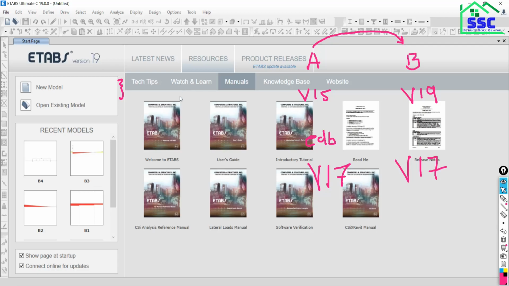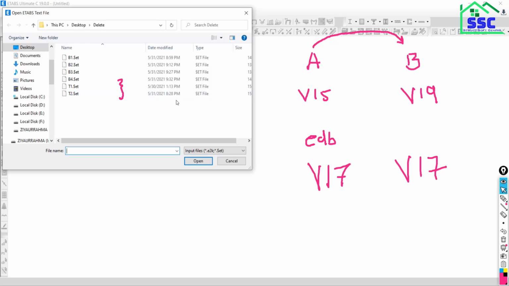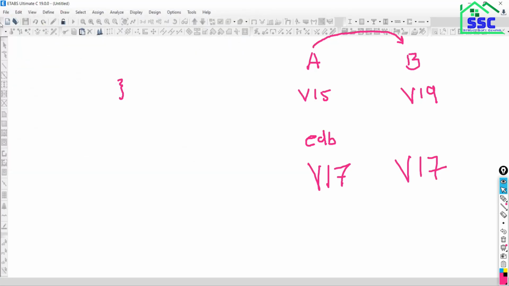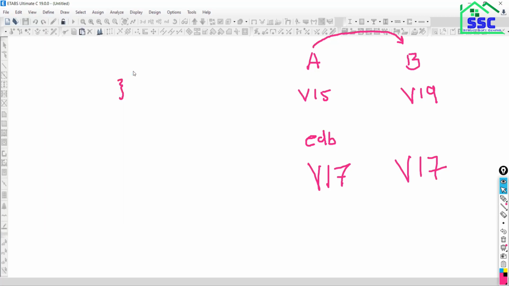Once you click over this option, this will ask about the location of the file. So see, these different models are there. This option is searching only the $et file, because we are actually going to import the file of ETABS software. So again I am repeating, just go to file, go to import, go to E2K file option.